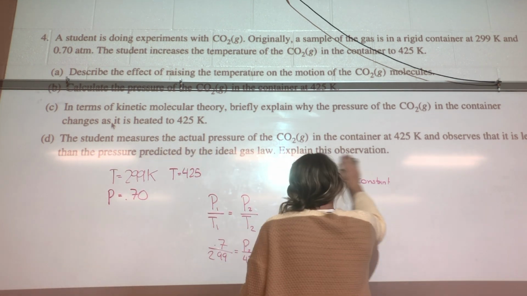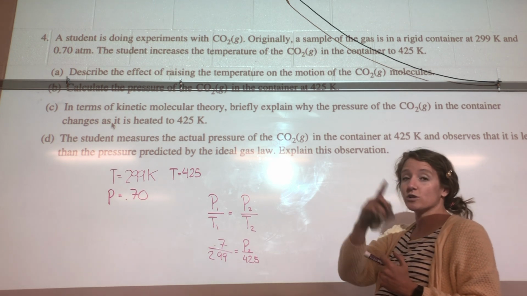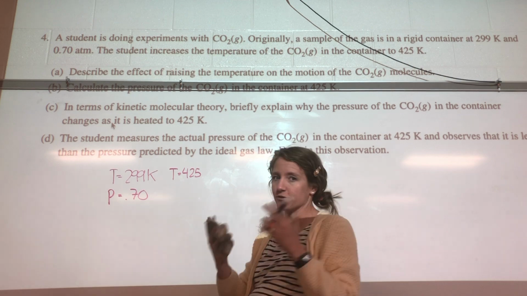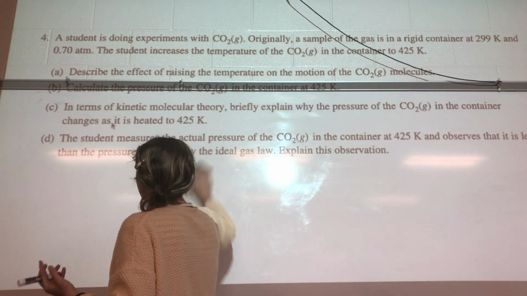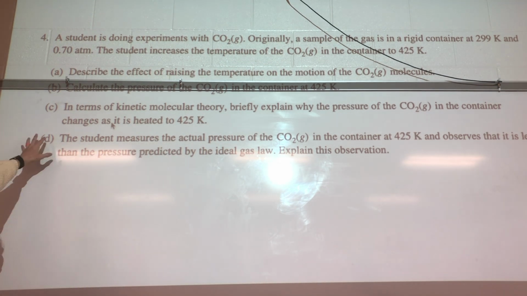Okay, the way I know that I needed to use that was because we're talking about changing. Just Pv = nRT is if it's just under these conditions. So we're not changing the conditions, but under these conditions, we're finding a certain value. Okay? All right, C, in terms of the kinetic molecular theory, briefly explain why the pressure of CO2 in the